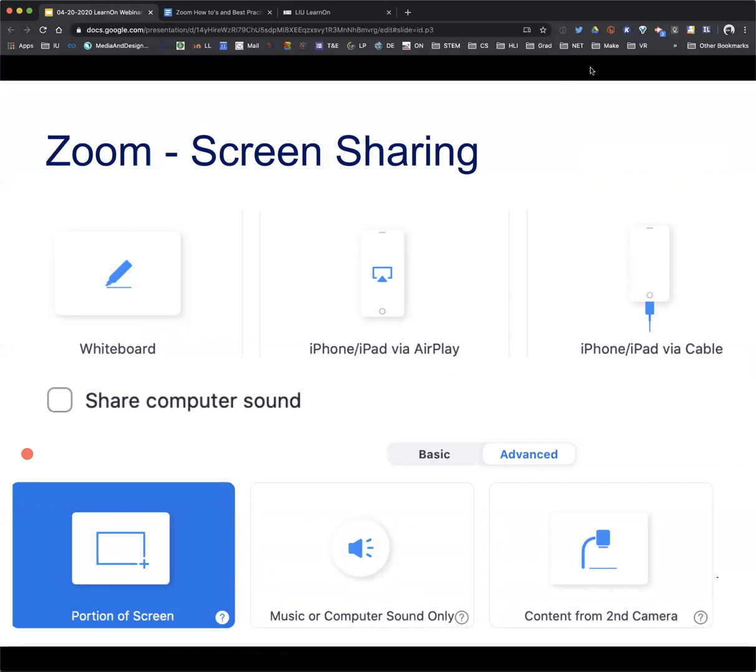And actually, you know what? I can do that now. I'll quickly share my iPhone. So I have my phone. I stopped my screen share, obviously, and so you can't see that. And so now I'm going to click on share screen, but I'm going to hit iPhone, iPad via AirPlay. And so now when I do that and I hit share, it's going to call up another window, and